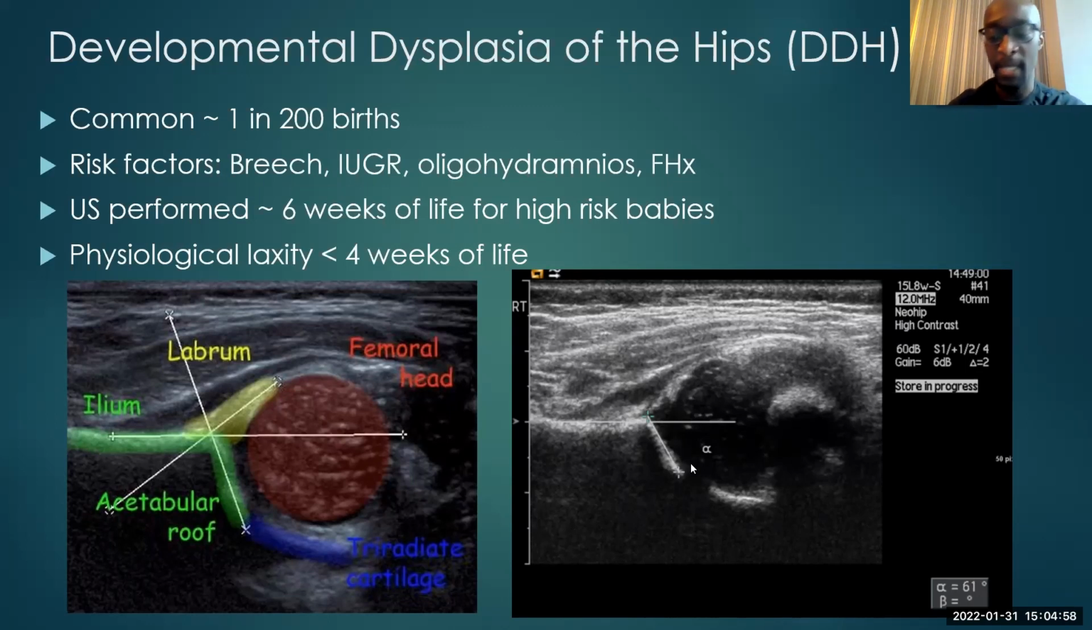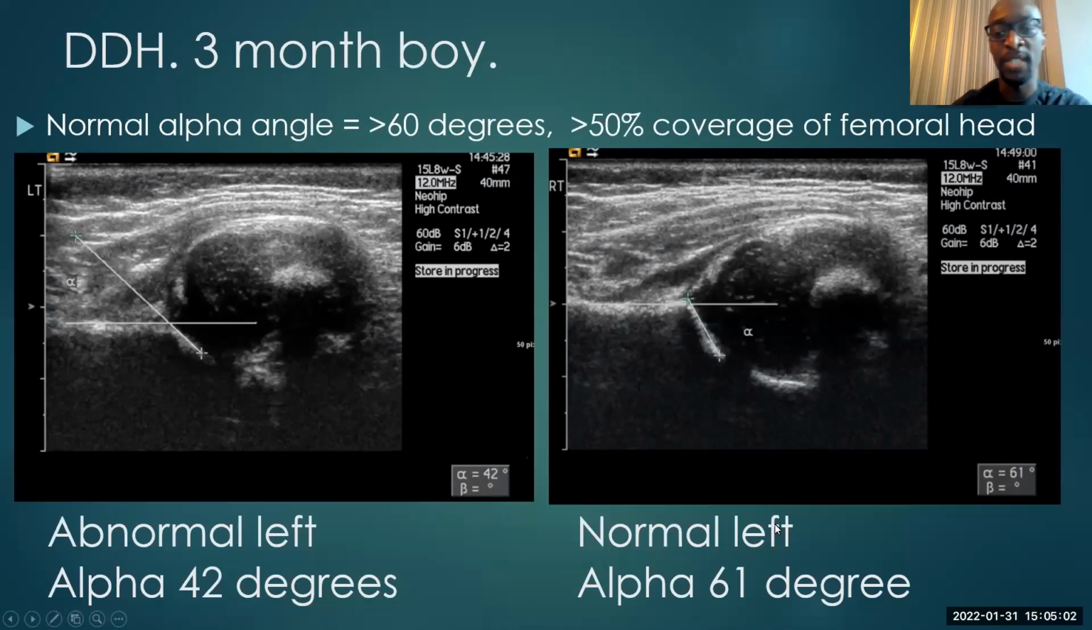And you want it to be more than 60 degrees. More than 60 degrees, you are very happy, because that means the acetabulum is nice and deep. If the alpha angle is less than 60 degrees, then you should be concerned that you've got a dysplastic hip. So even eyeballing it before we've drawn the lines and got the numbers, you see here compared to here,